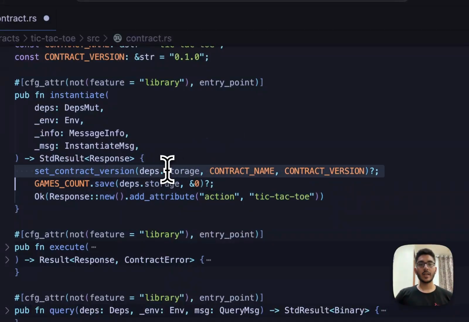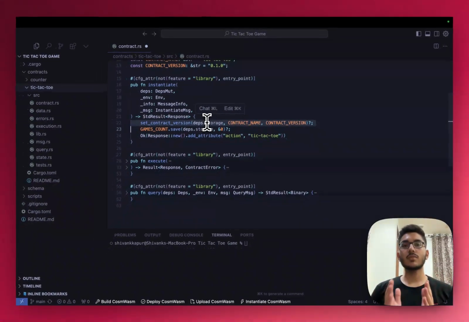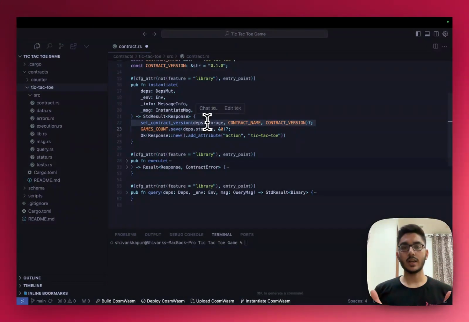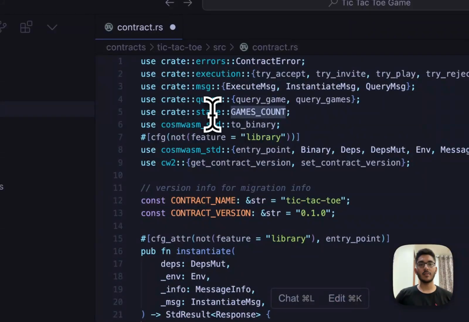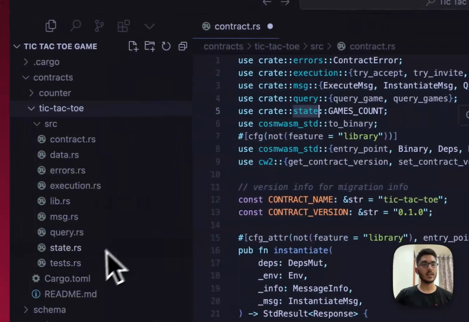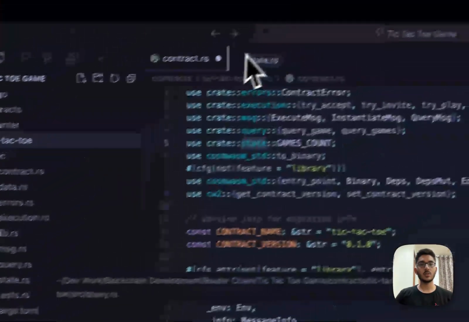Now, the first line, set contract version, basically sets the version of our contract whenever our contract is deployed. The version of our contract has to be specified, right? And that is being done using this function. Similarly, games count dot save. Games count is a variable which you can see we have created in the states file, right? State.rs. If I just go to this file,